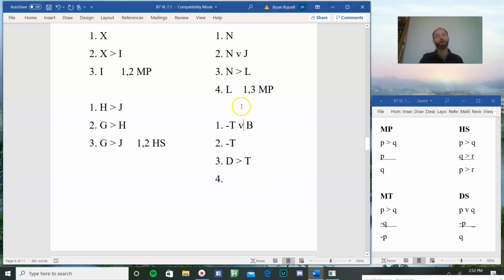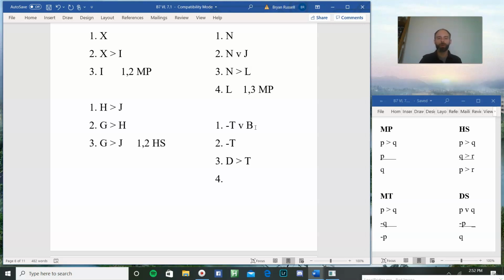So here we have 3 lines again, so not T or B, and here we have not T. And then on line 3, if D, then T. So what can we get from that? What 2 lines work together? Again, we'll just do process of elimination here. These might start jumping out to you the more practice you get,